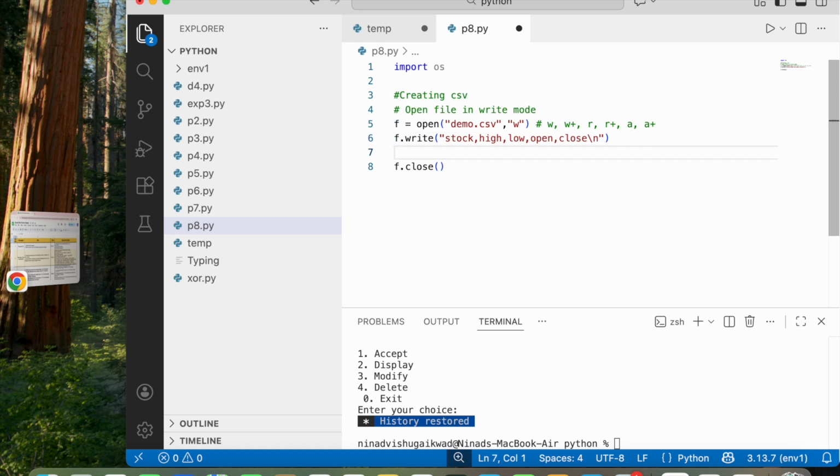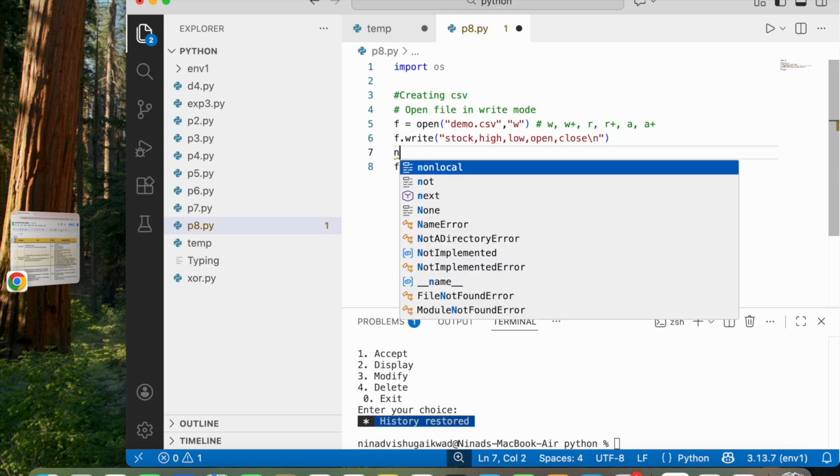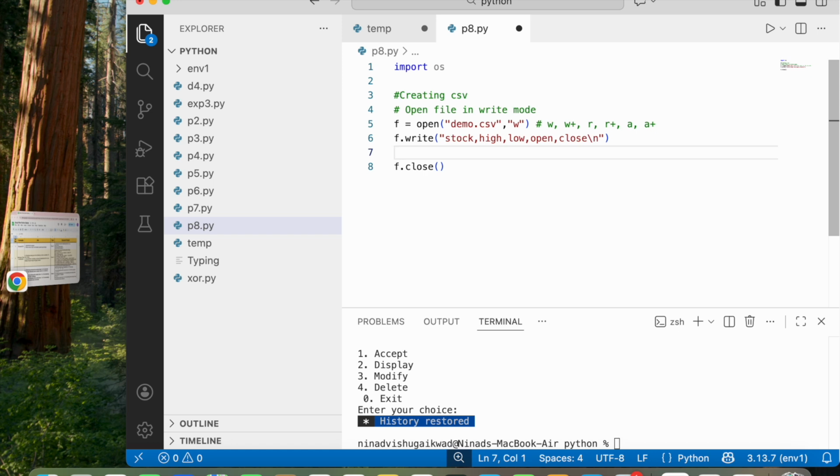After giving the new line character, we have to take the user input for however many lines the user wants to enter, and then we have to close our file. After writing it, we have to close our file. Now you might write code using a for loop, where we take the number of lines and decide how many times the loop should run. An alternate way is to write choice